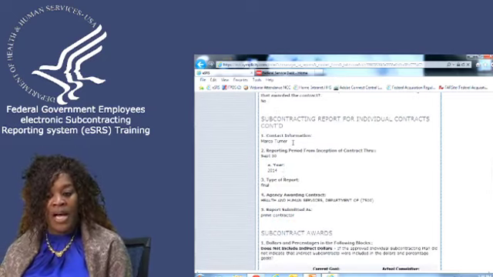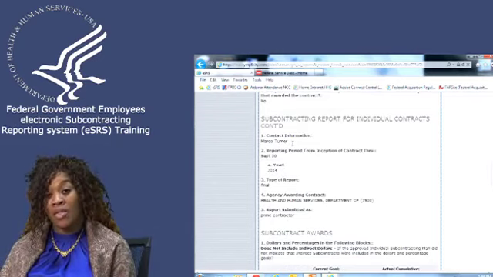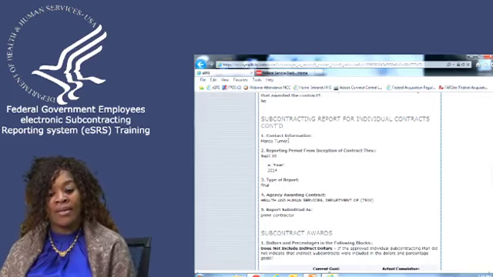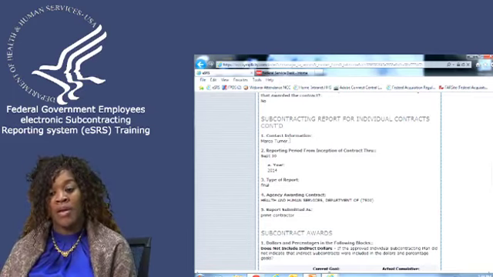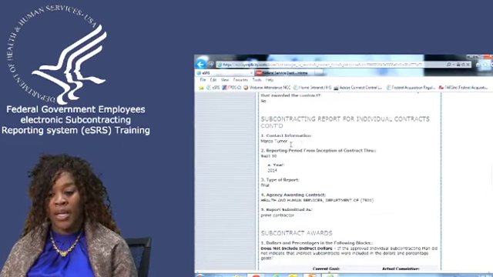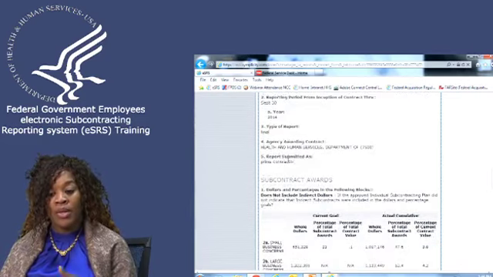Again, we ask them to put the contact information of the individual who is filing their report. We normally would ask, and in the training material it does ask, this individual to put their name, phone number, and email address. In this case, the individual just put their name. We want to make sure that the reporting period is correct and the reporting year is correct. And we want to make sure that the report type is correct. This particular company says it is a final report.